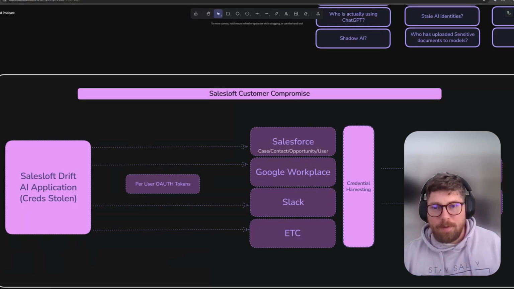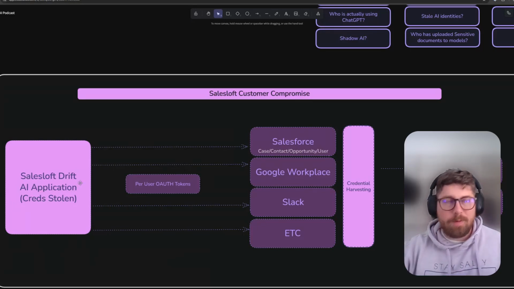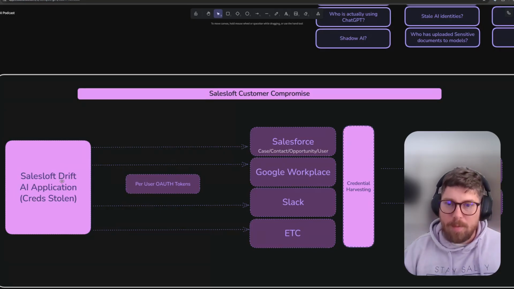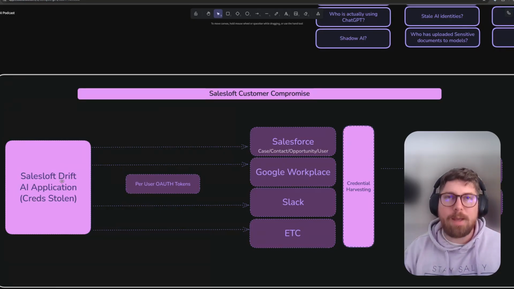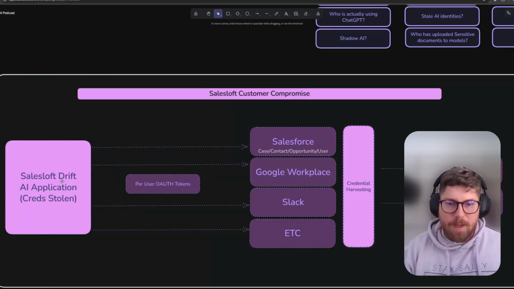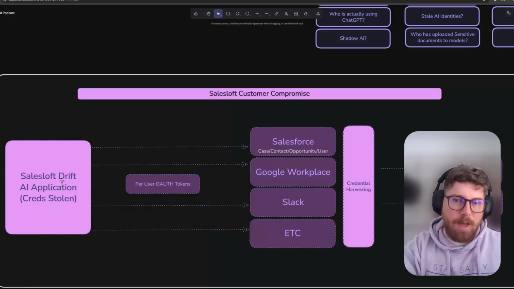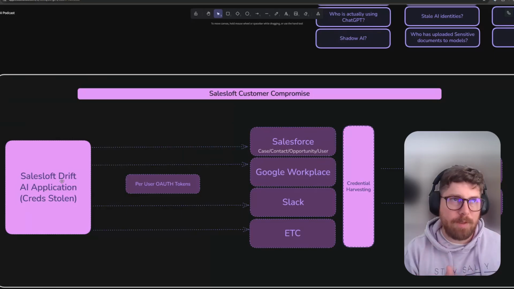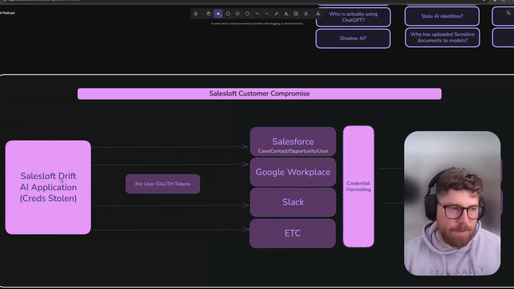When I say this is an AI-related incident, why? Well, what is SalesLoft Drift? SalesLoft Drift is an AI application, an AI chatbot interface into Salesforce. That's all it is, right? It's something that you go type in a box and say, hey, what company should I talk to today? And it'll go and run a bunch of queries in Salesforce to figure that out and summarize it back to you. That's what SalesLoft Drift was, or I guess is.